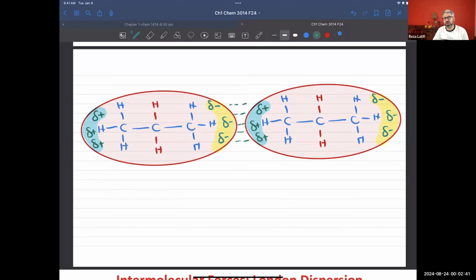This interaction is really short, the lifetime is really short. So because it's really short, you're not going to get permanent positive and negative charges. Let's call it temporary: temporary positive and negative charges. Your molecule is nonpolar, but for a short time,